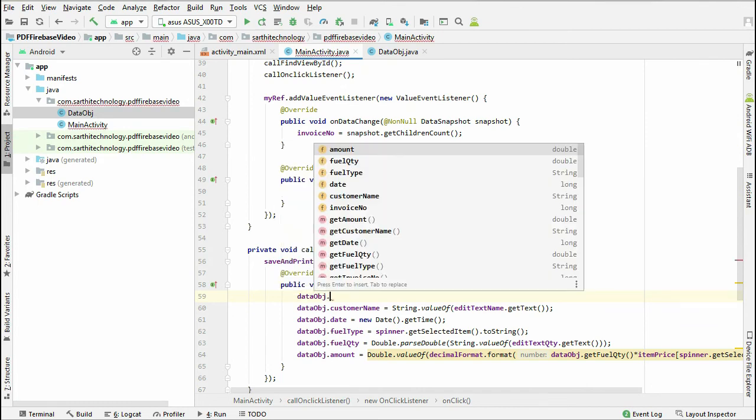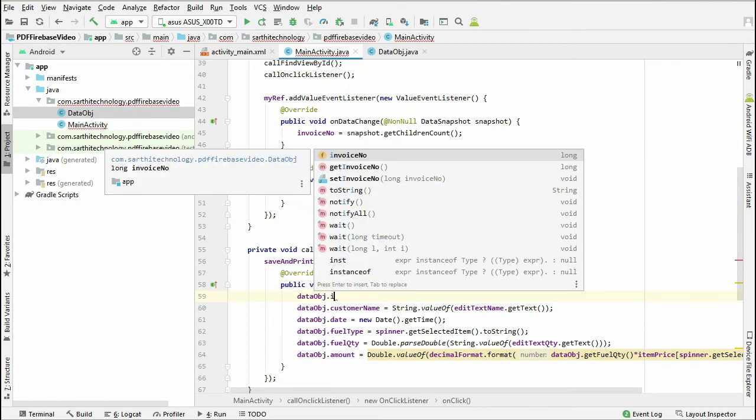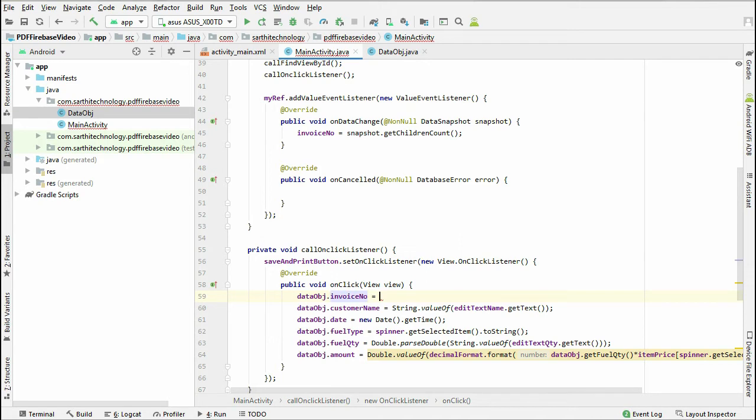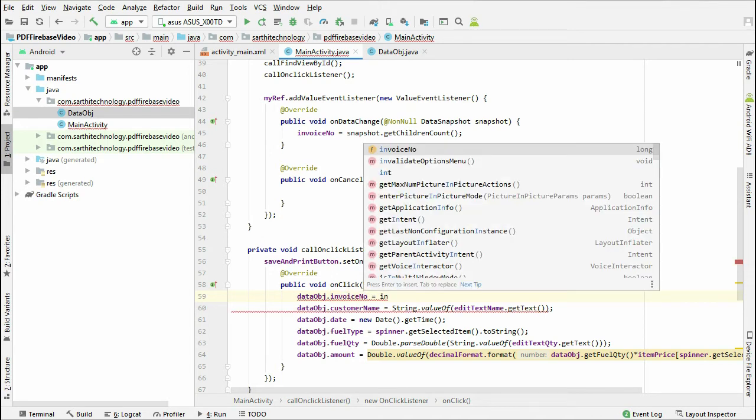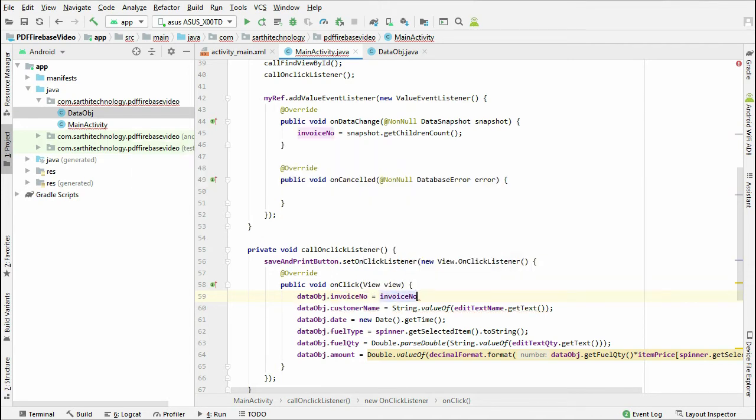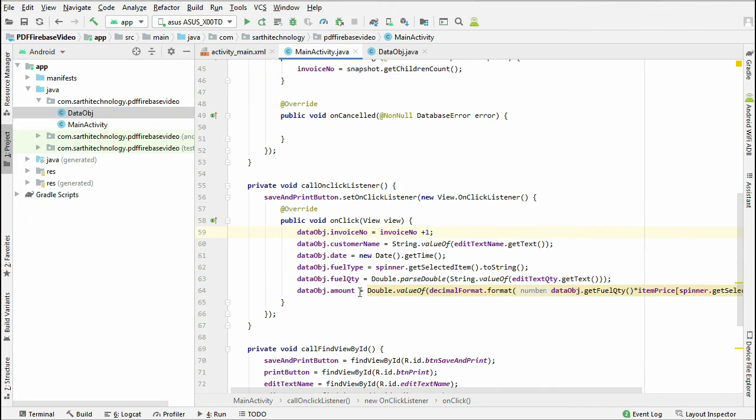Data obj dot invoice number equal to invoice number plus 1. At this time we have all the information that we need to add in the database.